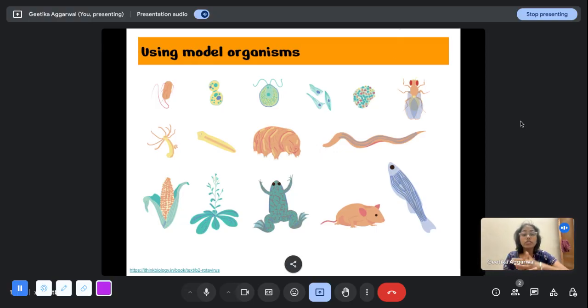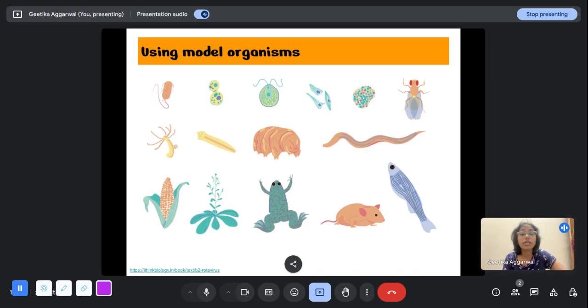So, for example, there are primates also that you can use. If you're talking about sleep cycles, and if you want to study human sleep cycles, you would actually use a primate as a model organism, because that is something that's closest to humans in its sleep schedule and how it happens. So you could use mice in other scenarios. Then, if you're talking about things like cell division, then you might prefer to use budding yeast or Escherichia coli or C. elegans if you want to look at